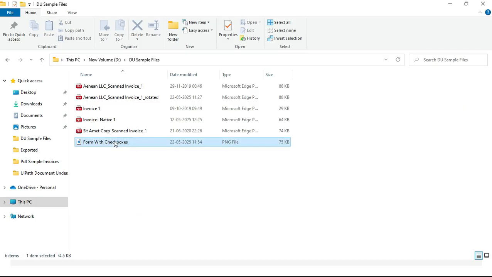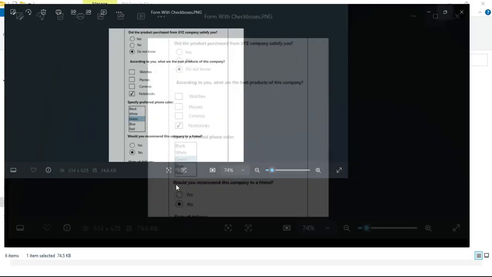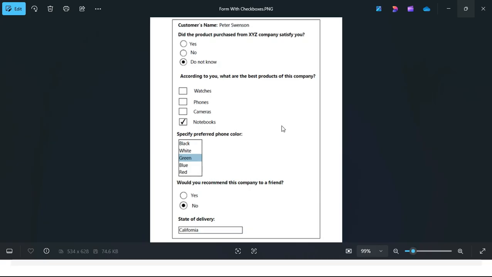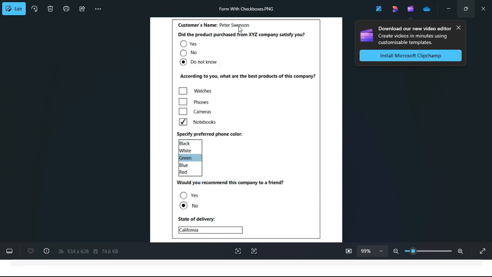Let's say you receive a printed form. OCR reads the contents and gives you plain text, like this question, this customer name and that is the value, this question and its answer. But if you use digitization, it not only gives you the text, the customer name and then the value, the question and then the answer, it also tells you where that text is on the page, the index of each text, text length count, and whether the image or PDF is rotated or not. It also tells you that the form has checkboxes, where one checkbox is checked.